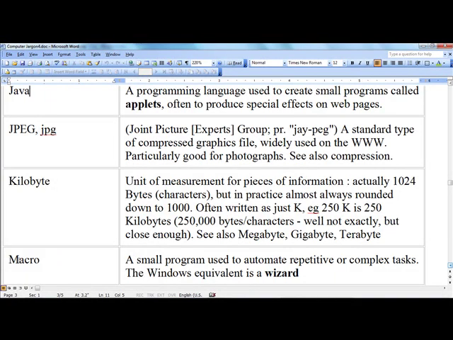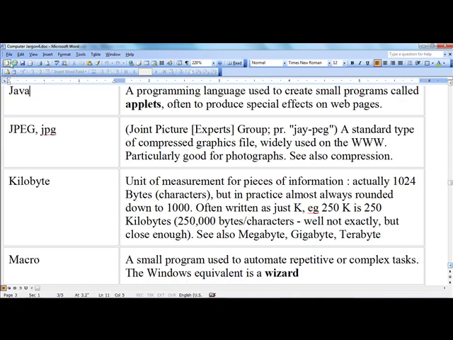A macro. A macro is a small program used to quickly bring up something you have done or repeat something you have done in the past in the program you are in right now. You can have macros in spreadsheets that will copy formulas from one place to another. You can have macros in Word documents. Let me show you an example.